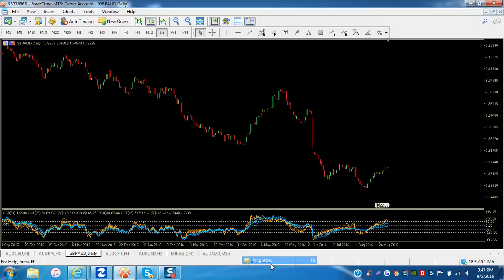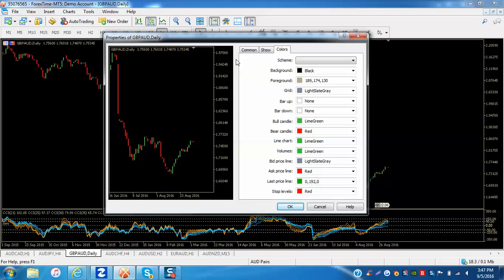If you go into your property settings, this is MT4 or MT5, and you go into the colors tab, where you see your bar up and your bar down, those are the wicks. If you pick candlesticks, the bar up and bar down is the wicks, and I just set it to none. So that's all you got to do. Just set it to none.